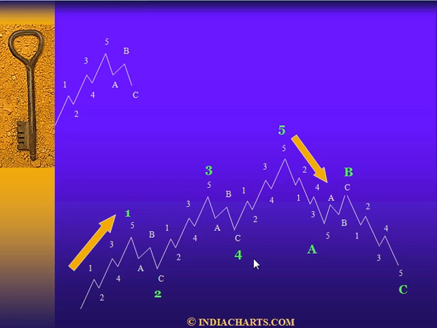Which means that if you're even using a line chart and you can say, oh well, it didn't overlap on a line chart and that's good enough, my answer is it's not. I really prefer using bar charts. A lot of people don't answer this question clearly, whether you should be using line, bars, candles, but the essence is that every high and low of any time period is important, because the wave 4 is not supposed to overlap wave 1, and